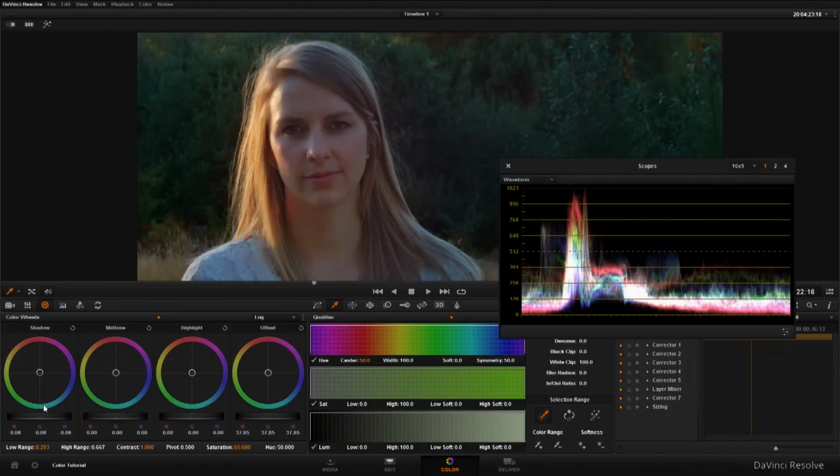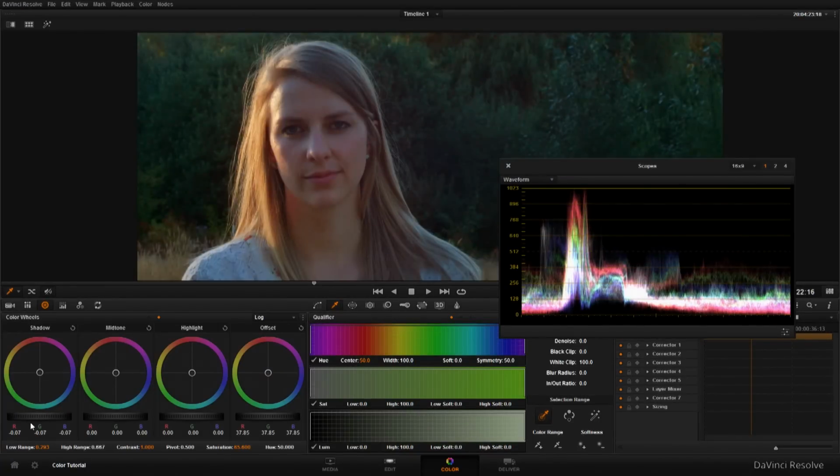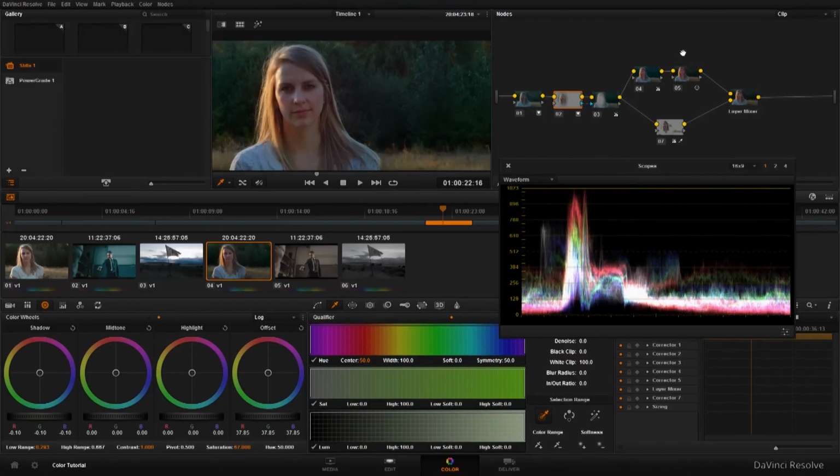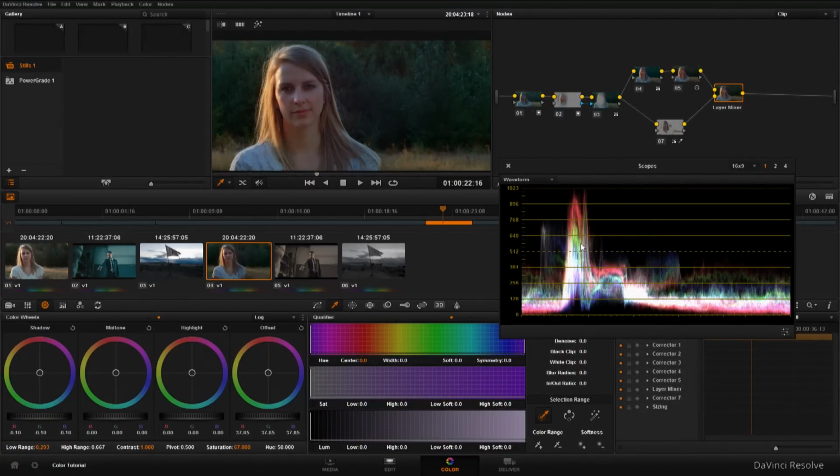Bring this up a little bit so you can see that a little easier. Okay, so there's some shadows there. And then you can see the difference with that adjustment. So then finally, to add a little bit more polish, we could add another node here, go to a